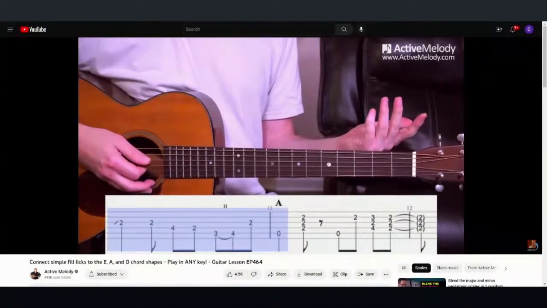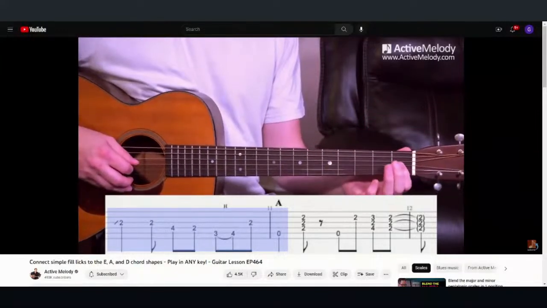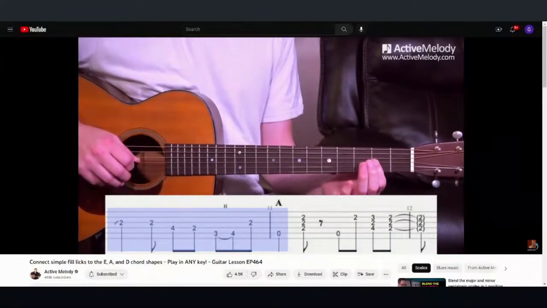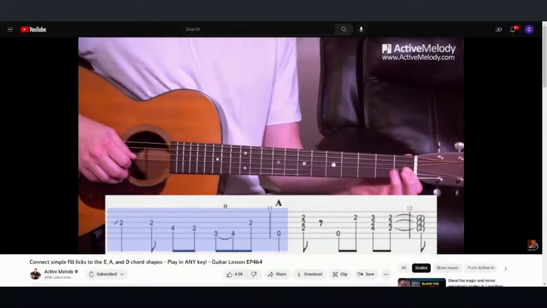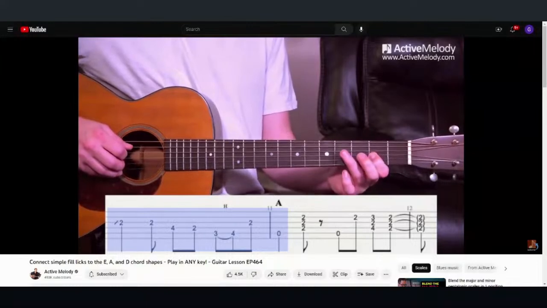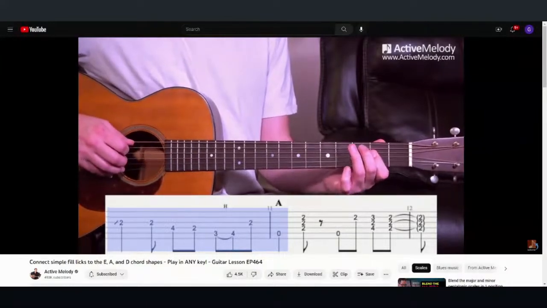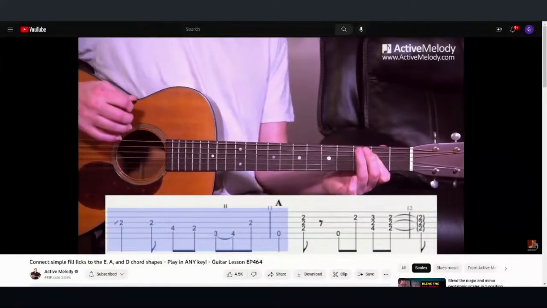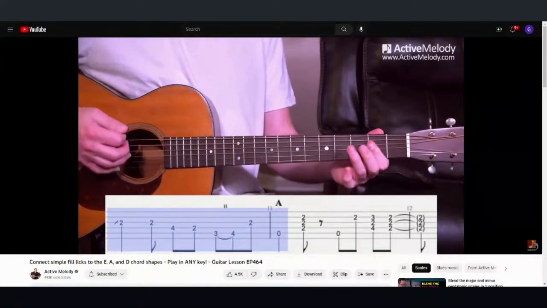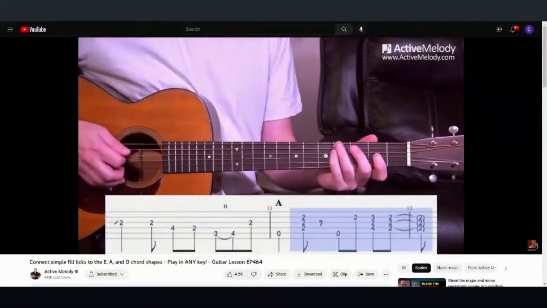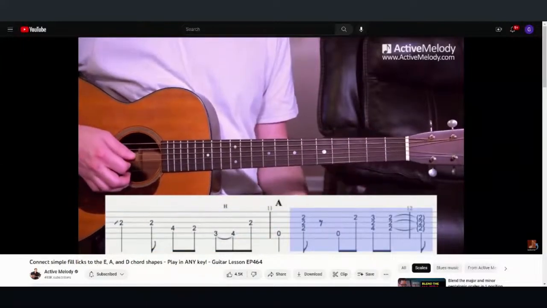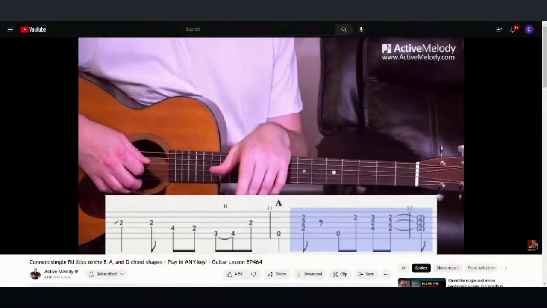It's exactly the same lick, really, as the starting lick, except it starts up here. I slide up to the, it's really just a note in the chord, but it's the 3rd string on the 2nd fret. And then we go back down, 4-2, and then the little cowboy lick, and then back to the chord. So, let's take it from the beginning and play it up to that point.